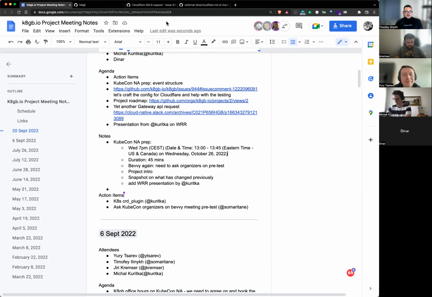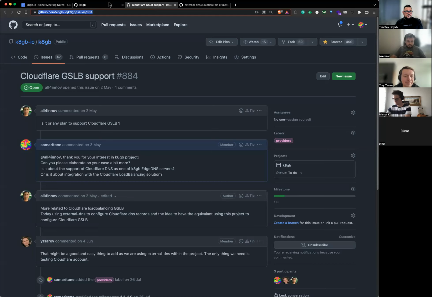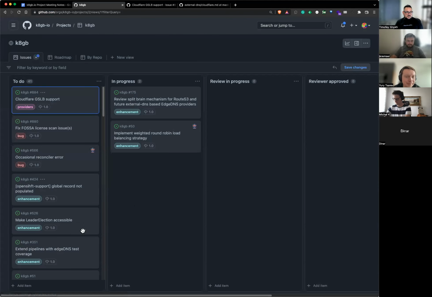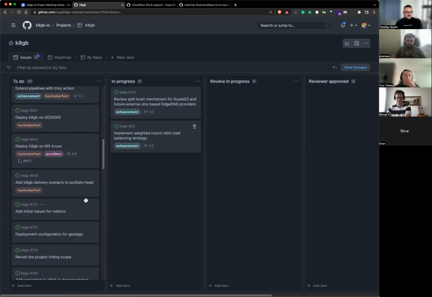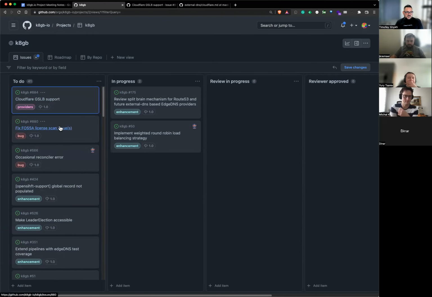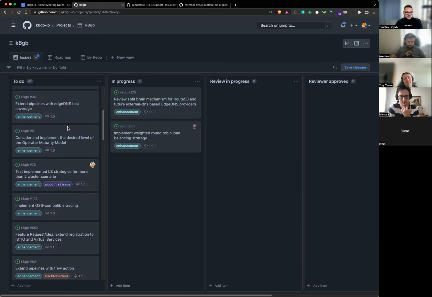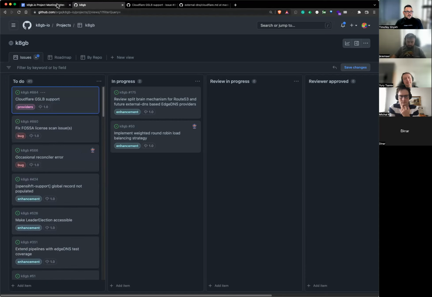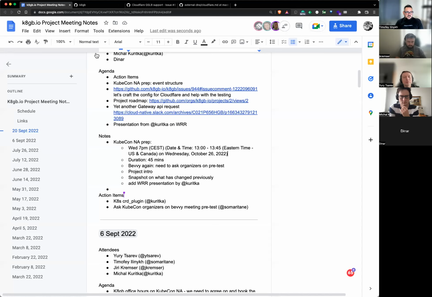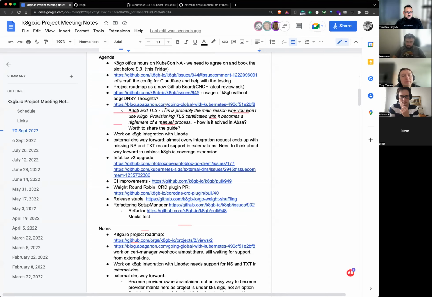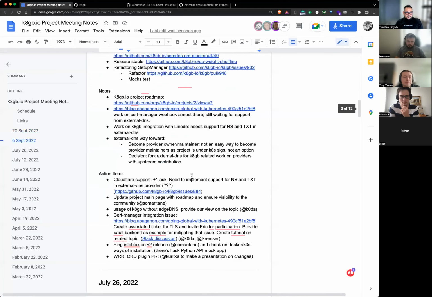Cool. So on the project roadmap, let's briefly go with what we can. I suggest several tasks that make sense to prioritize rather than going through everything we have right now. In terms of prioritization, if we pick our action items from the previous time, Cloudflare support is there.